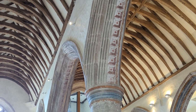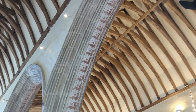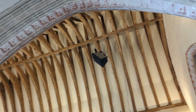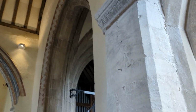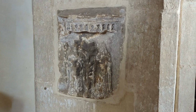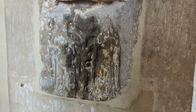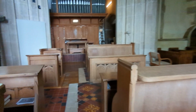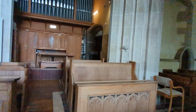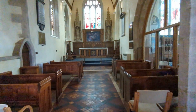Look at the red pattern on the edge of the arches. Quite a nice touch. Painted on, of course. And there seems to be a very old artefact embedded in the wall here from an earlier time. And there are a few pews remaining, though they look quite modern, really. If you step into the chancel,